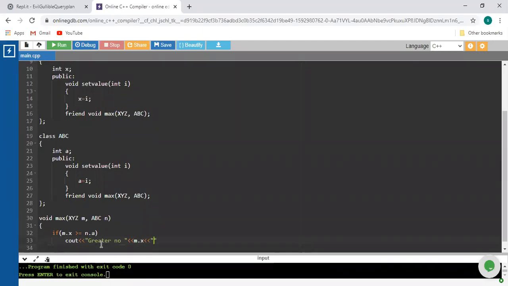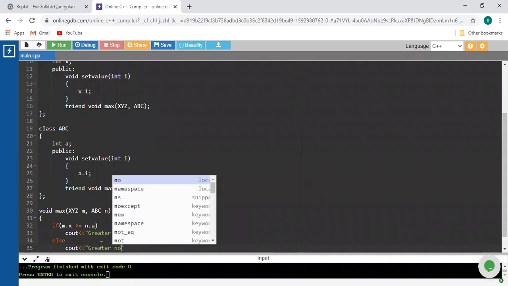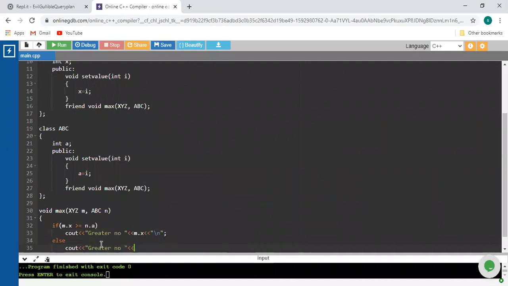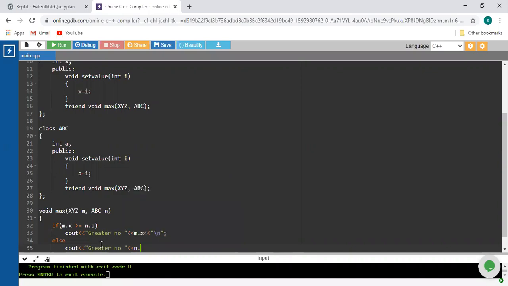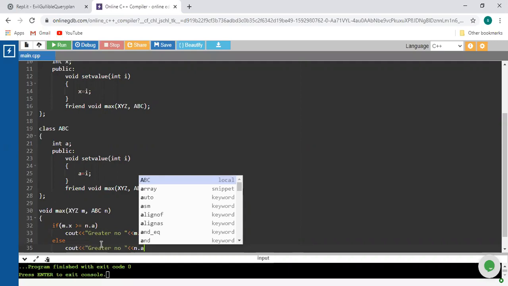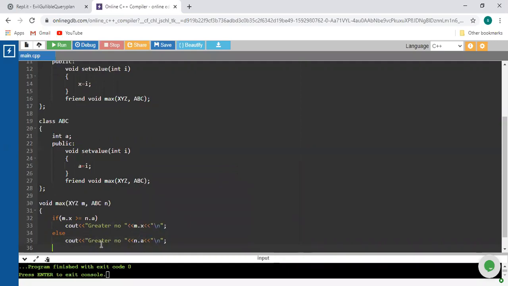Use \n and a semicolon, and else cout greater number is n.a. Use \n. Okay, now we are done with the logic of that particular friend function.